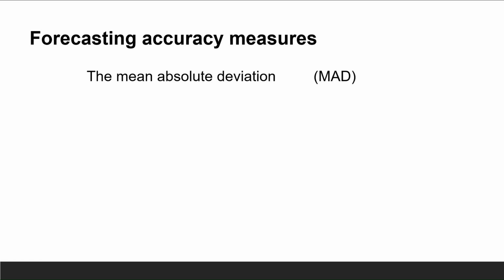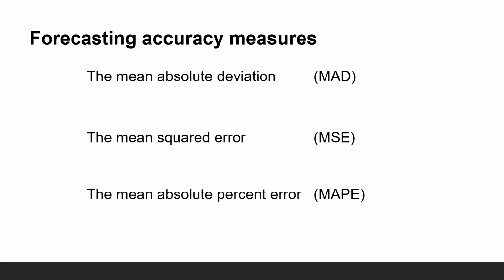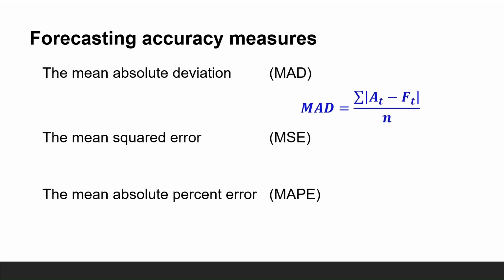The criteria upon which we decide which forecast method is more appropriate is the forecast accuracy. There are three different measures for forecasting accuracy. They are the mean absolute deviation or MAD, the mean square error or MSE, and the mean absolute percent error or MAPE. The average absolute error can be calculated using this formula: MAD equals sigma the absolute value of At